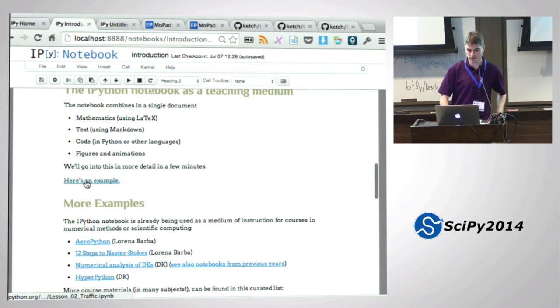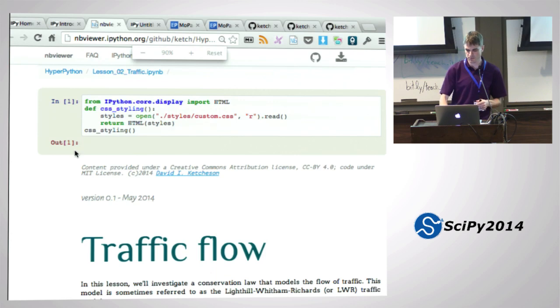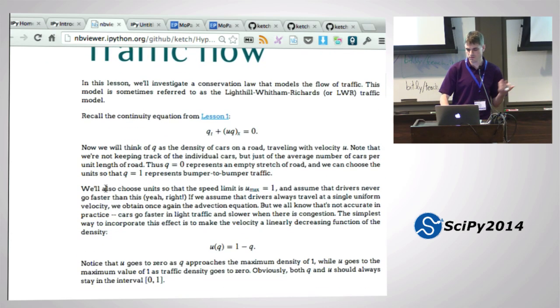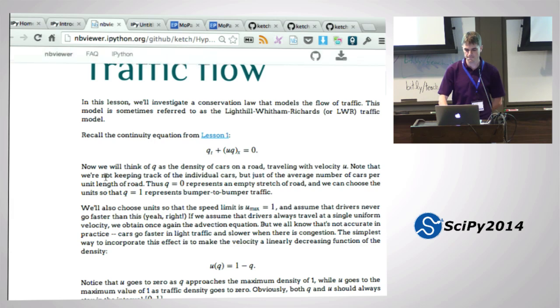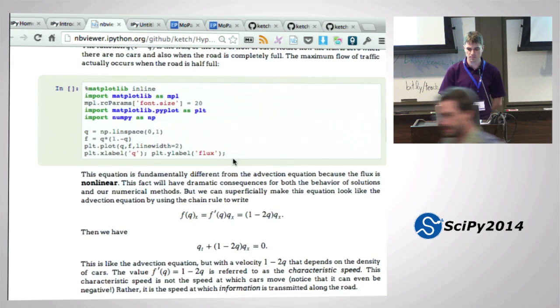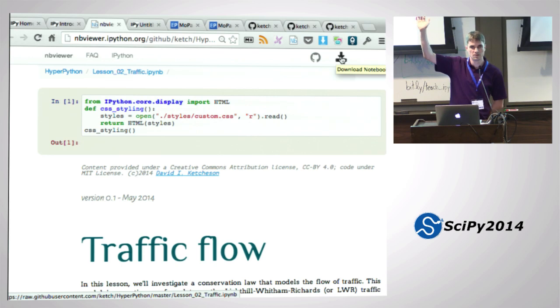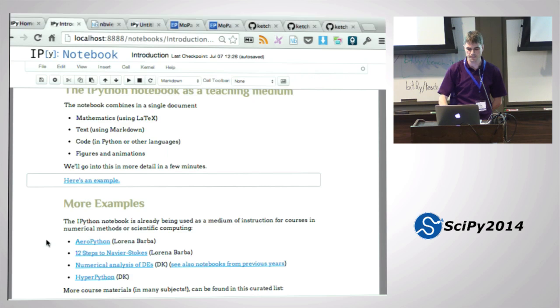Okay, if you click here, here's just a quick example, in case you're not too familiar with the notebook. You can see here's a notebook from a short course where you have explanations and mathematics, figures, and then code that you can run. Here I'm just viewing it on NB Viewer, so I can't run the code right here. But if I click this download link, then I get a copy of the notebook locally, and I can run it. How many of you have used NB Viewer before? Okay, I'll talk a little bit about it more later, but it looks like almost everybody.